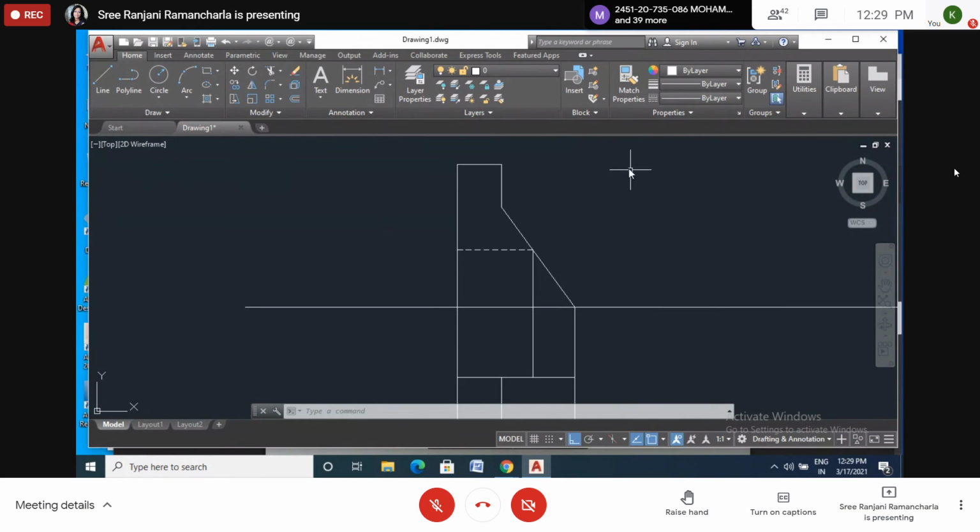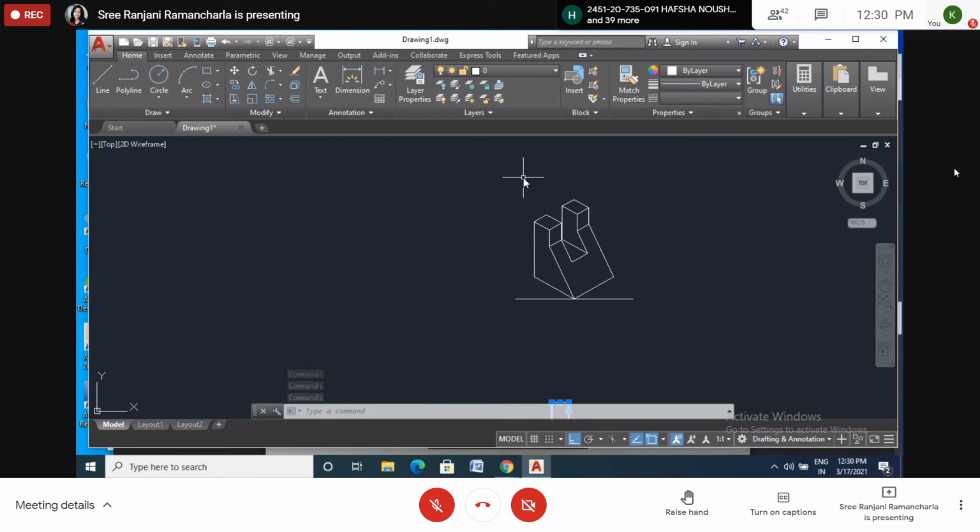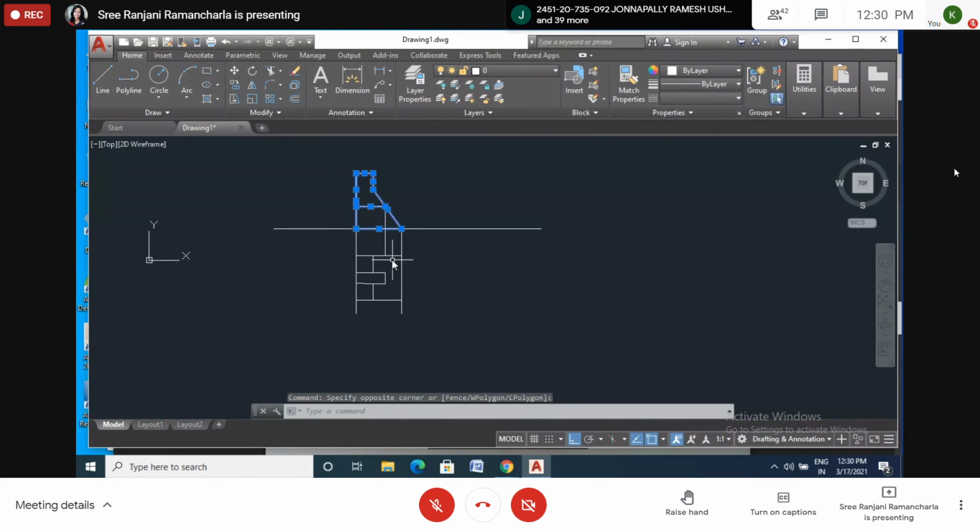So we have to again highlight the lines now, the actual figure. So how to highlight? Select this line, this one, the actual figure. This is the projector, so don't highlight this one. Of course, all except this reference line and this one also. See here, I have not drawn the line here. When I'm selecting this total length, it was selected.